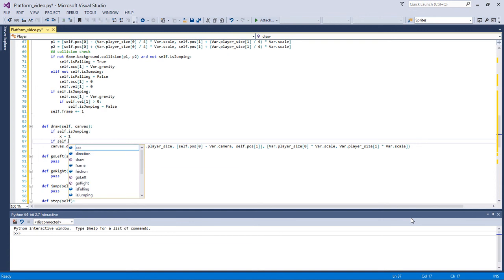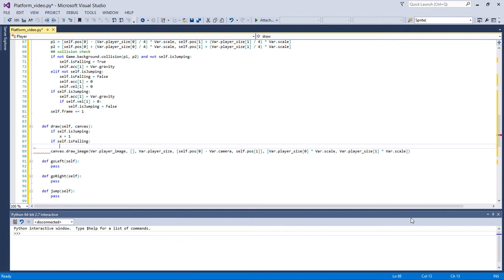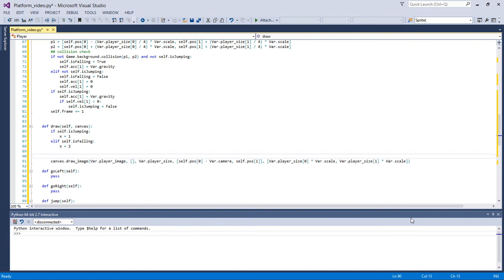If he's falling, his x position is going to be 2. And then if he's moving,